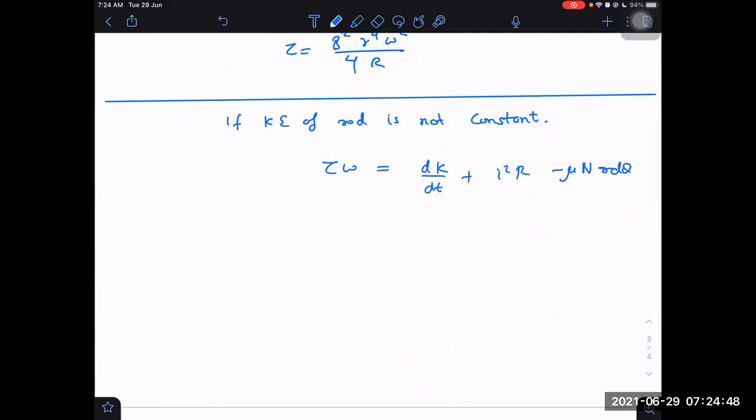That will be what? Mu into N is force, into distance is work, right? That only: mu into N into r into d theta. Then that will also be included. Where this will be just, I think, a constant factor only. Depends on theta although, but this is again the rate of change of work done. Rate of change of this, divided by dt, will become minus mu into N into r into omega. So that will be plus mu N r omega.